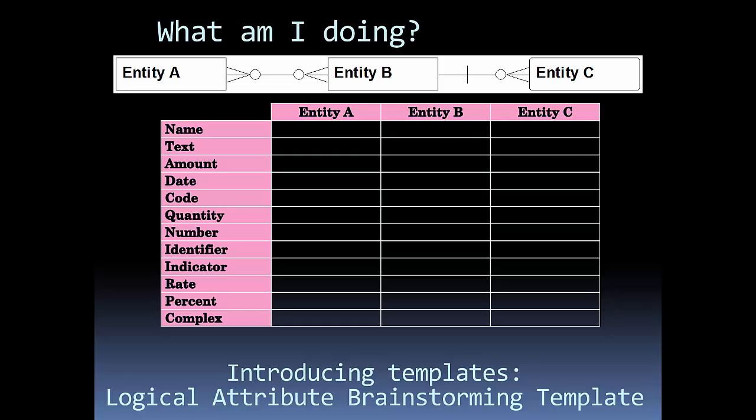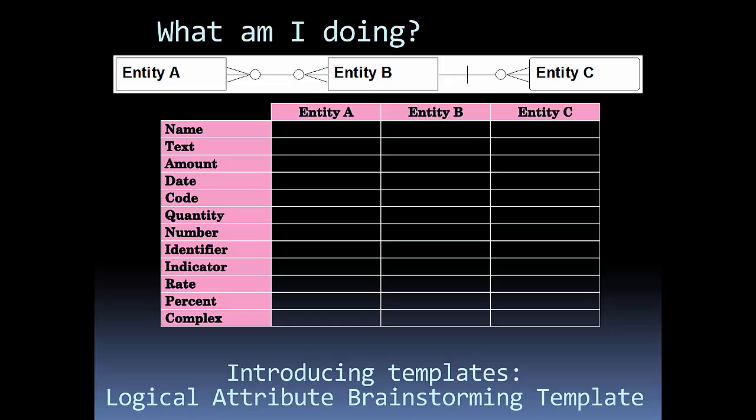One more taste of a template I'm doing. This has more to do with the logical data model than the two previous ones, which I used for conceptual. Here, in order to brainstorm on the attributes I need for each entity, I will create a template like this where the rows represent high-level domains or class words like name, text, amount, date, and so on, and the columns represent the entity names. Entity A could be customer, and if we want to store names, what names do you want for customer? Well, I want their first name, their last name, then I'll put it in that name cell under customer.